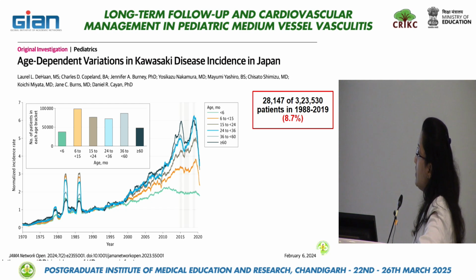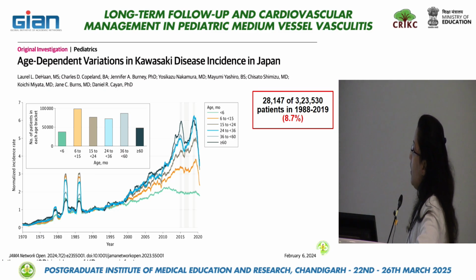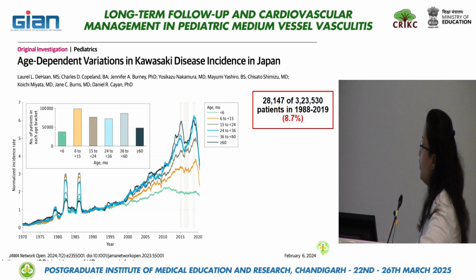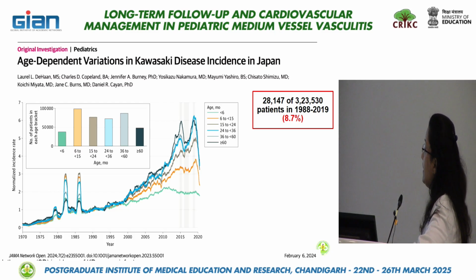During that time, there was a surge in other age groups, that is 6 months to 5 years. However, the two age groups which had only a very slight increase in cases were less than 6 months, that is the infants, and more than 5 years, the older kids. Over the next few years, from 1985 to around 2002, there was a steady increase in cases in all the age groups, and following 2020, probably because of earlier detection and more detection, there was an increase in cases of